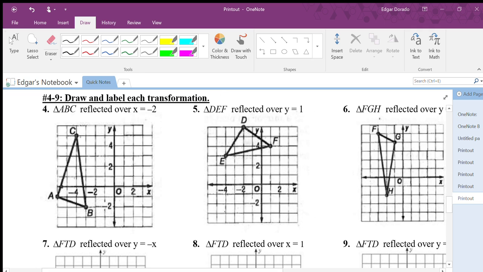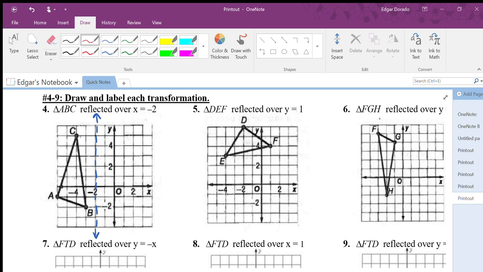Let's see if we can figure out the rest of it. So for 4 through 6, we're being asked to draw and label each transformation. Okay. So the first one, number 4, says triangle ABC needs to be reflected over the x equals -2 line. All right, well, where is x equals -2? It's right here. That's where it is. And I know for a fact that every single vertex in my new image has to be the same distance from that